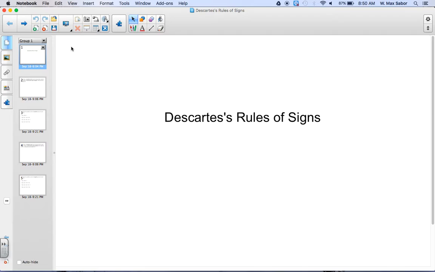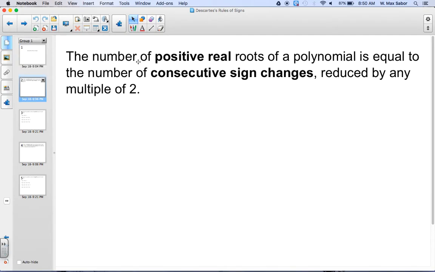Today we're going to talk about René Descartes' rules of signs. By signs, what I'm referring to are positive or negative signs. So, his first rule, the real rule, is the number of positive real roots of a polynomial is equal to the